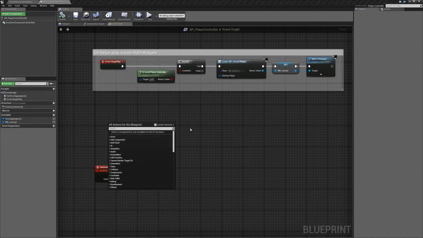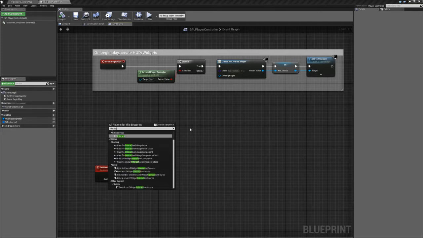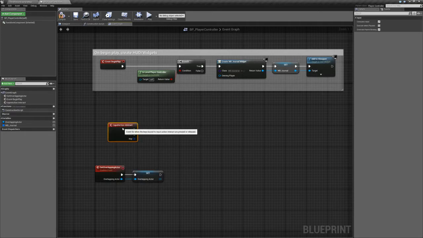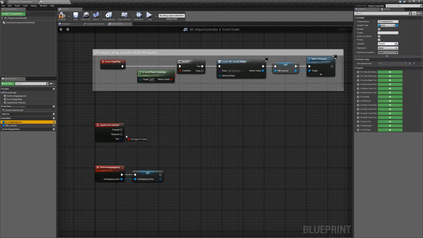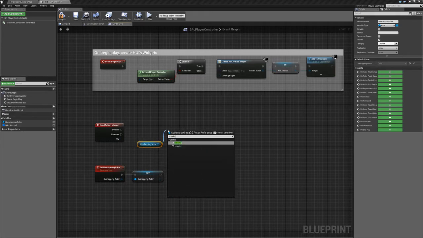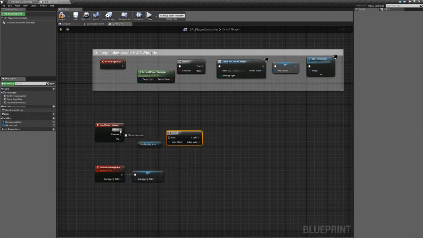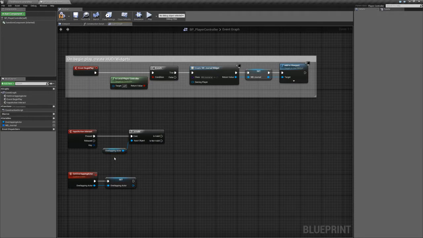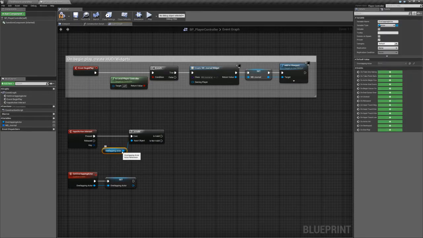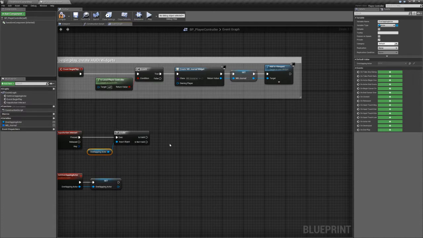So next, right click that, search for the Interact Action Event, and when it's pressed, we want to check if the overlapping actor is valid. So look for is valid, and grab this one with a question mark, this macro. Drag from the pressed to the exec pin. So if we have a valid actor, so if we're actually overlapping an actor and this is valid, then what